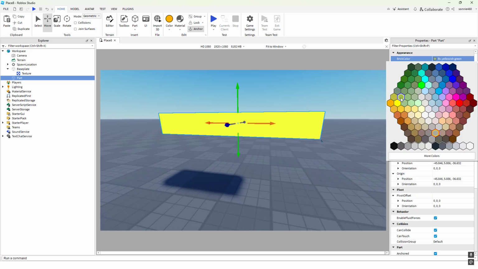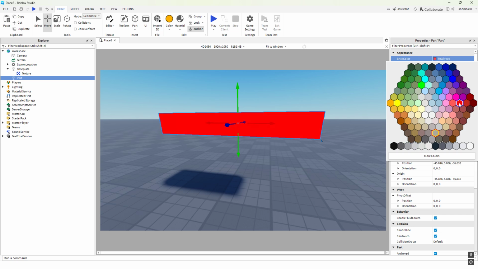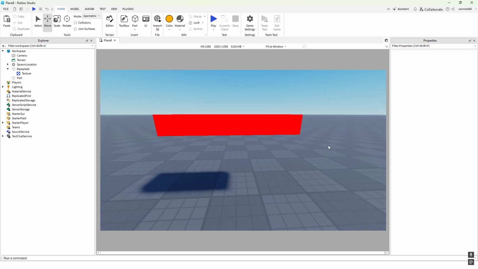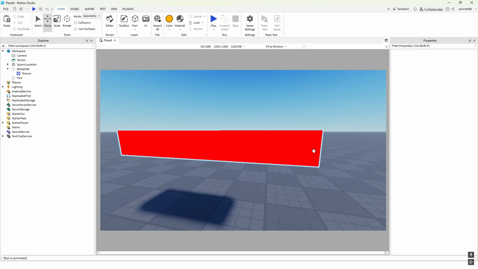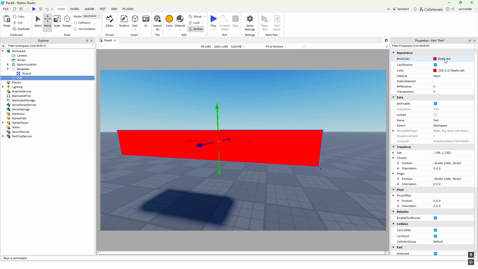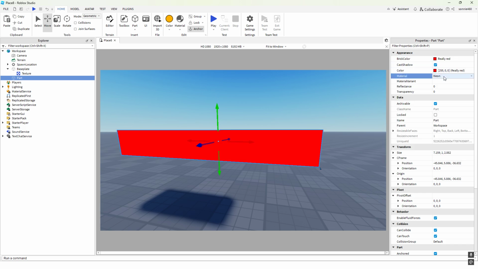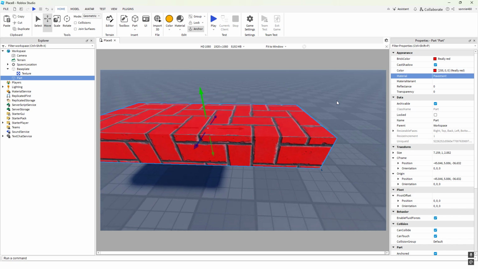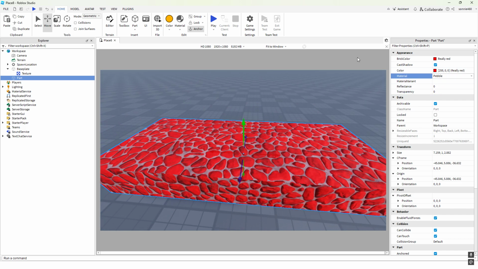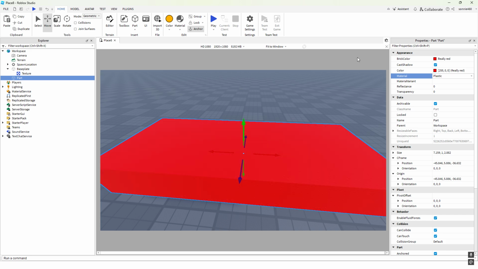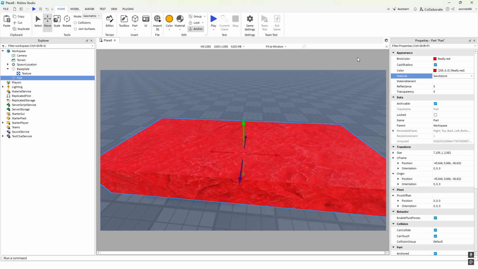It works best with certain colors. Like if you pick a really dark color, it's not going to really glow. But if you pick like a bright red or something, then it'll generally look a bit better. Pavement, pebble, plaster, plastic, rock, roof shingles, salt, sand, sandstone,